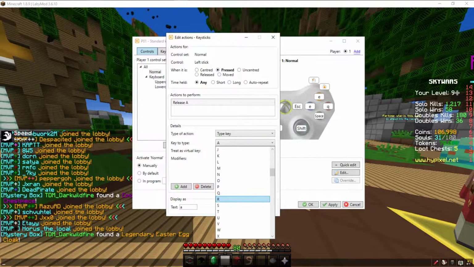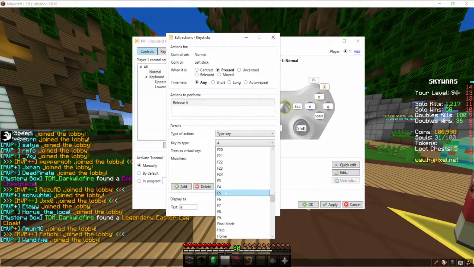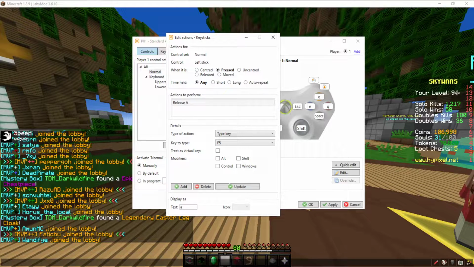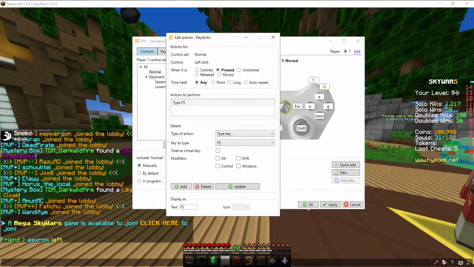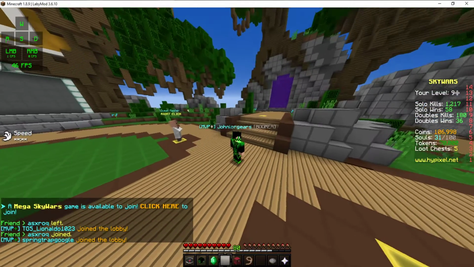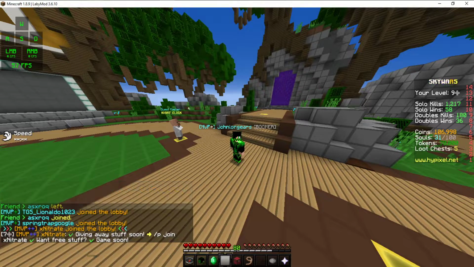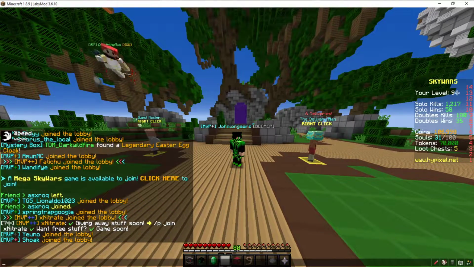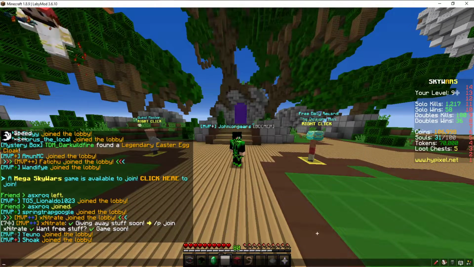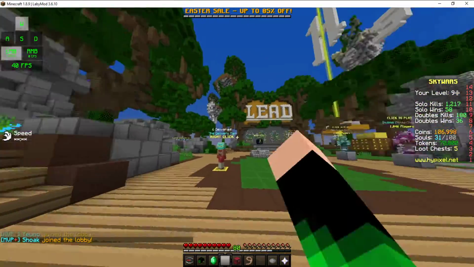type key, and then you want it to be F5, or if you have another button for toggle perspective, your toggle perspective button, F5, and then you would want to click update. And then you could just minimize or whatever, and you press in on the left stick. It did not work. Oh, I didn't press apply. You gotta click apply, and then you can change your F5 just like this,